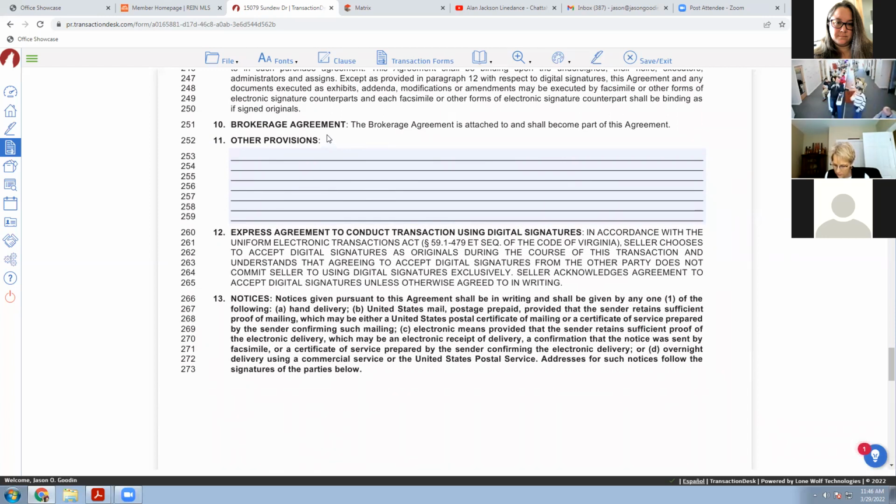Jason, the sellers that I was dealing with wanted to sell the house as is, so I would indicate that in this number 11, home. Yeah, that would be fine. Yeah, absolutely. You could write in there, seller intends to sell the home as is, where is, and make no repairs. Now, again, this is essentially